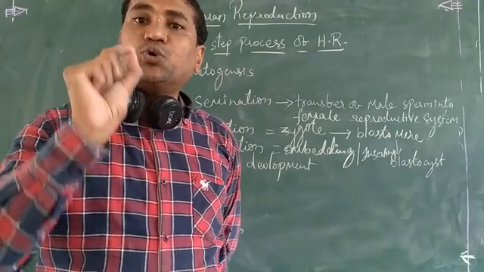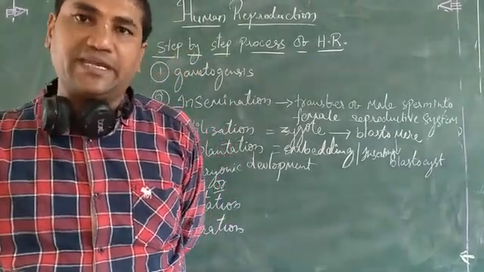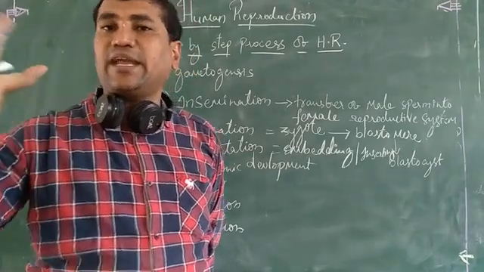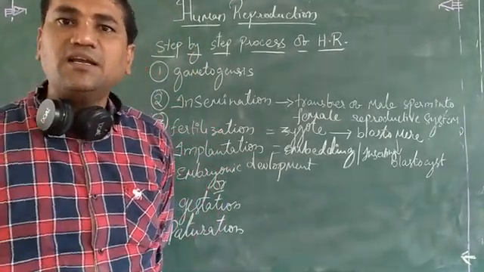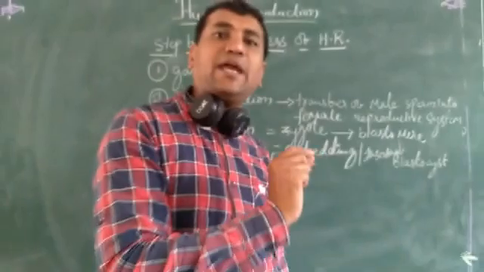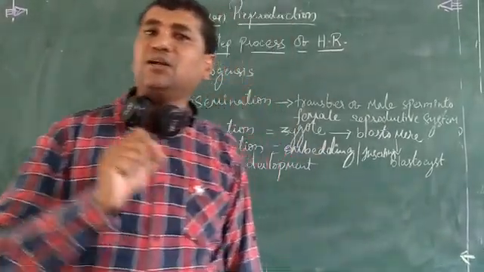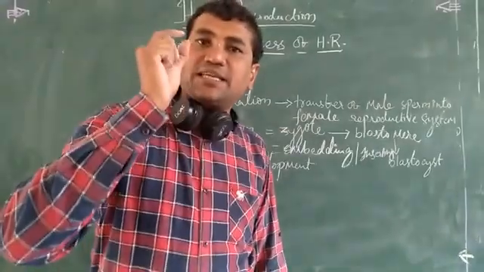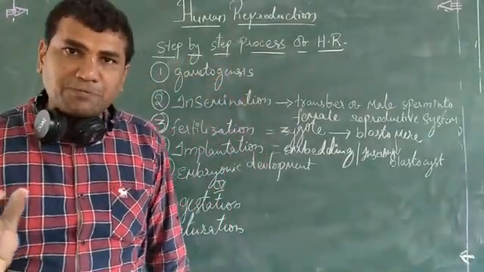It is 270 to 280 days, that is approximately 9 months 10 days. The period between the implantation to the childbirth is called gestation, and in this period